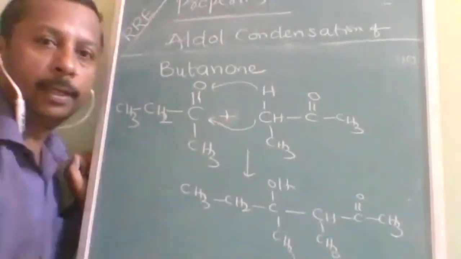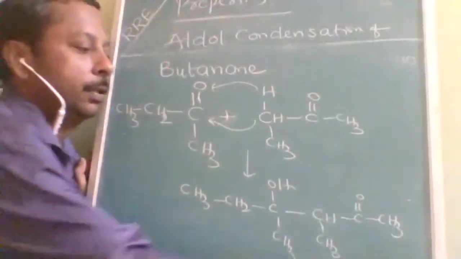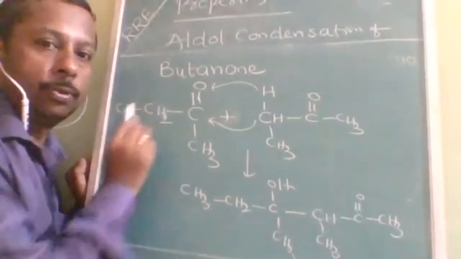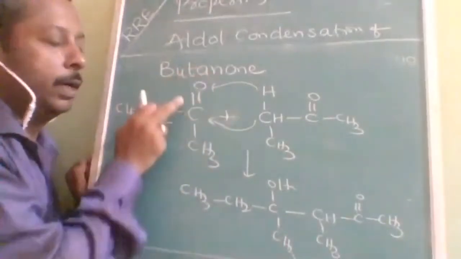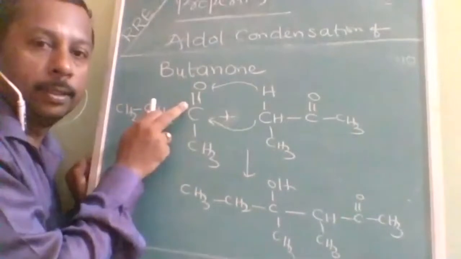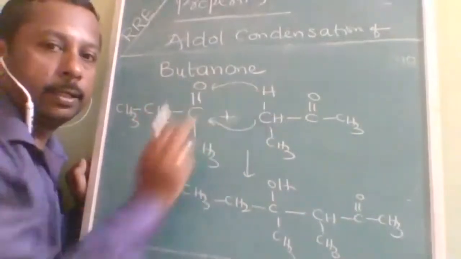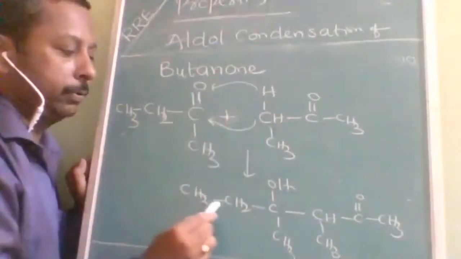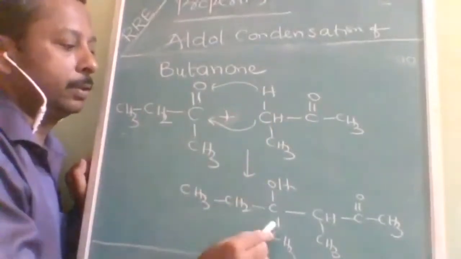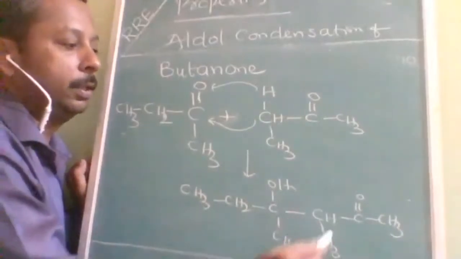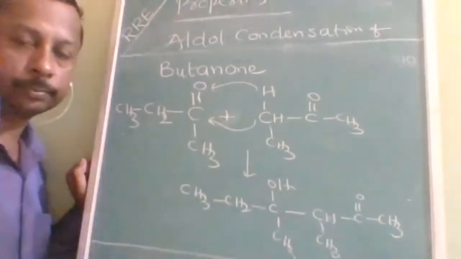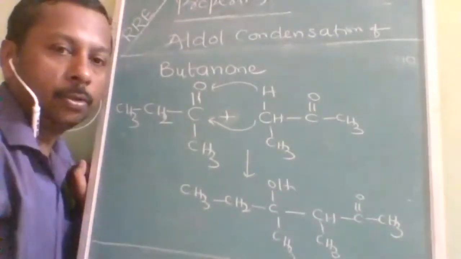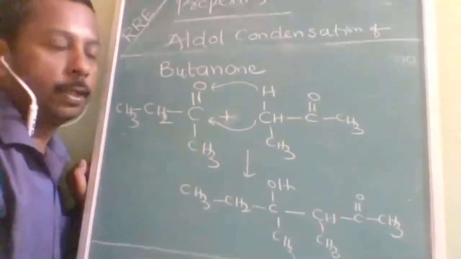Here I am explaining the answer so you can cross check whether you have done it correctly. Take 2 moles of butanone. In one mole I have highlighted the carbonyl group, and in the other mole I have highlighted the alpha hydrogen. Just join it here and here. So CH3CH2COH and CH3CHCH3COCH3. Is it understood? But this is not the only product, because two types of alpha hydrogens are there.